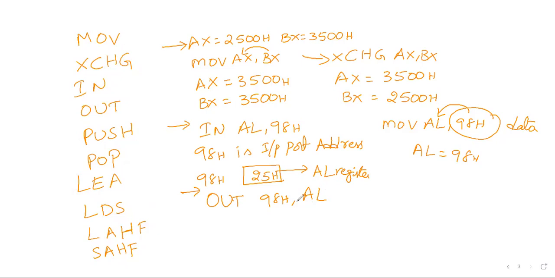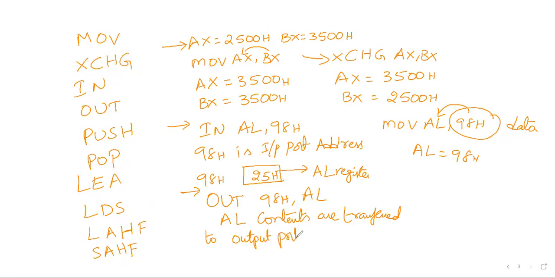So that's why the output port address should be in the destination position. Here the AL register contents are transferred to the output port